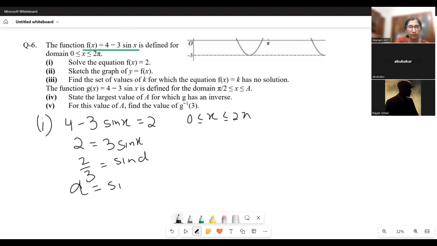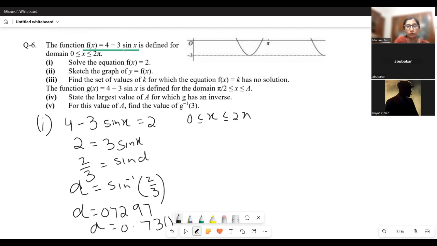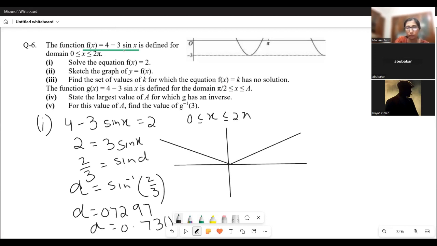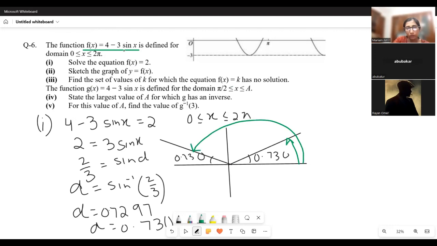Alpha will be sine inverse 2 upon 3, which is alpha equals 0.7297, which is 0.730 in 3 significant figures. Sine is positive in the first quadrant and the second quadrant. So this is 0.730 and this is 0.730. Our two answers between 0 to 2 pi are this and this. So one value of x is 0.730 and the other value of x is